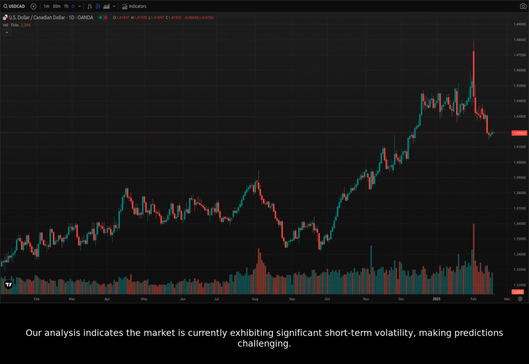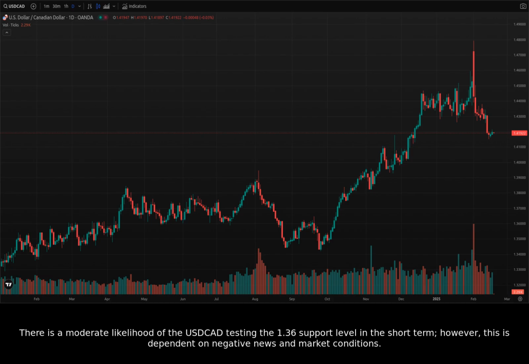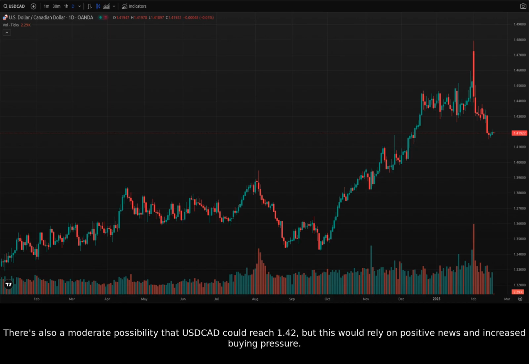Our analysis indicates the market is currently exhibiting significant short-term volatility, making predictions challenging. There is a moderate likelihood of the USDCAD testing the 1.36 support level in the short term. However, this is dependent on negative news and market conditions. There's also a moderate possibility that USDCAD could reach 1.42, but this would rely on positive news and increased buying